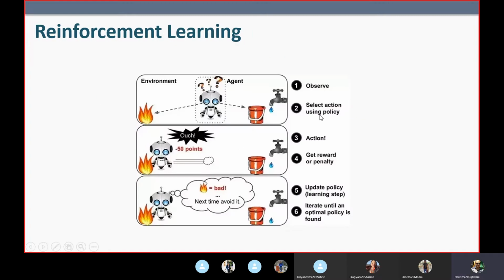Then reinforcement learning is where, without any supervision, you're learning. It's like, what do you say, reward, and for failure you're getting negative points. For a correct answer you're getting positive points. So if it says fire, you can't go to the fire without the water, so you're giving a penalty. And if you go towards the water first, you get a reward. So that's how it's learned. That's how the robot is trained.